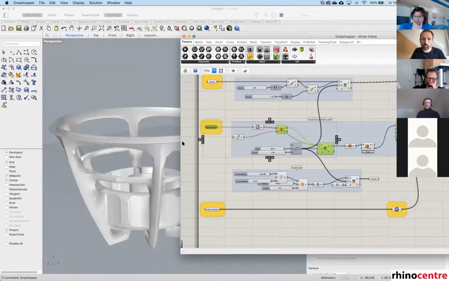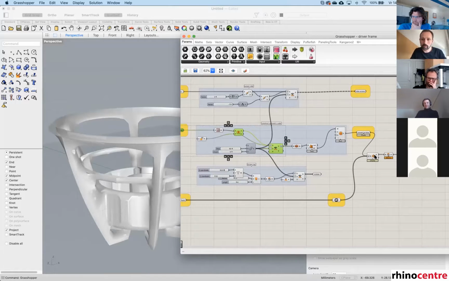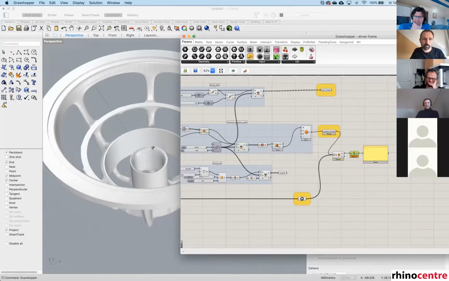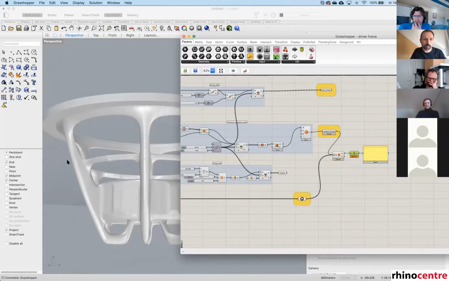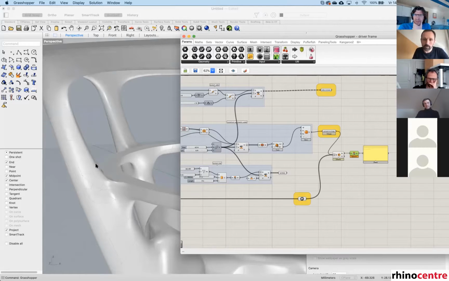And this is then combined into eventually a Nurbs model, all within Grasshopper. At the moment, there is a limitation with this technique. You see that at these points where you have more than four-sided faces,